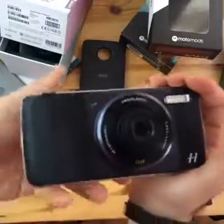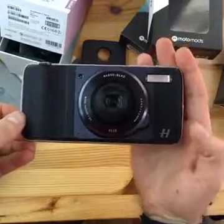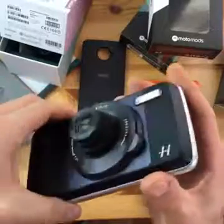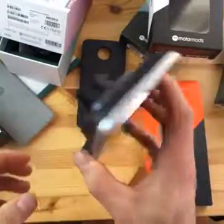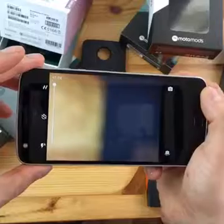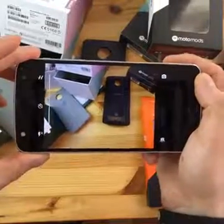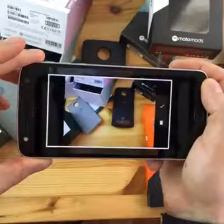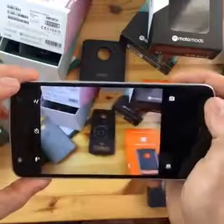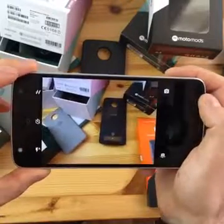So on the back here, you can see it really does look like a camera. You get your xenon flash, you get your Hasselblad logo here, and you have about a 250 millimeter equivalent maximum focal length. So you can get really, really far with this. Now, obviously, I can't show you because it's just going to blur and it's not going to focus properly. But you can see here, it's pretty fast. So that was with the raw mode turned on. I'm going to turn that off so it's a little bit faster. See here, it focuses really fast,